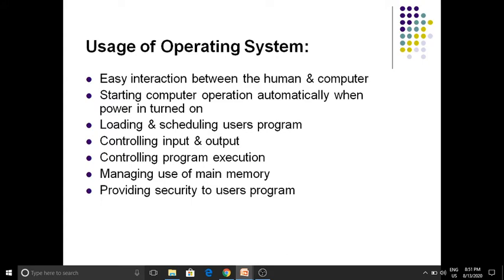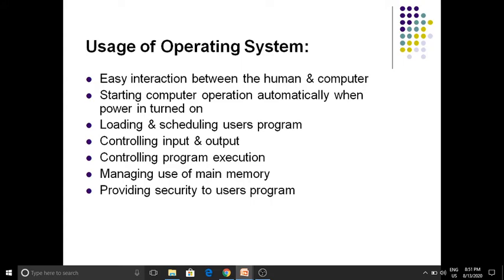Third point, loading and scheduling user programs. Whenever you start the system, there is loading and scheduling of programs. Scheduling is how you are using timings. Okay, students, user programs are whatever software you have in a computer system which we actually use to work. Fourth point, controlling input and output.